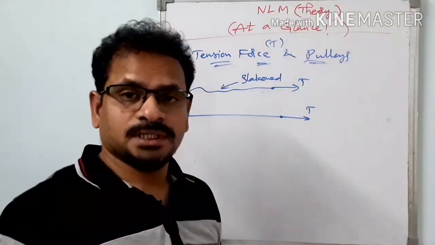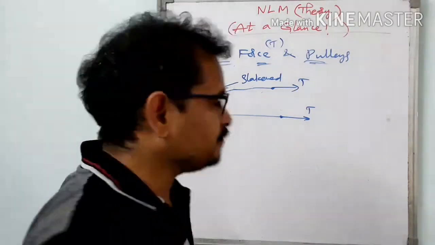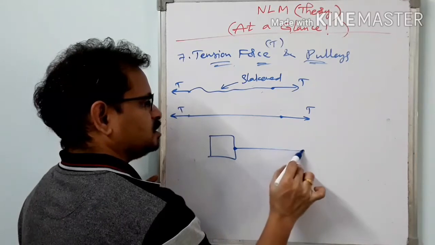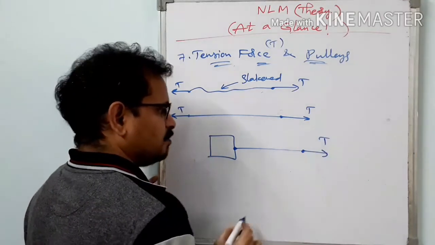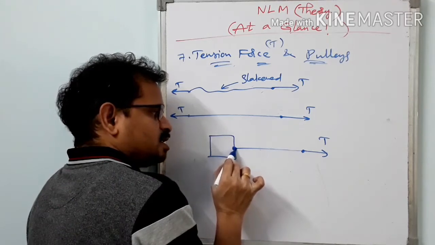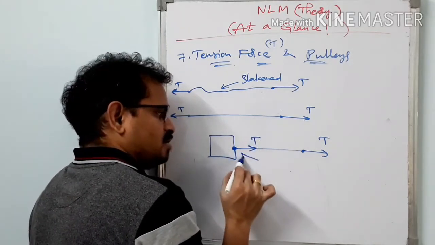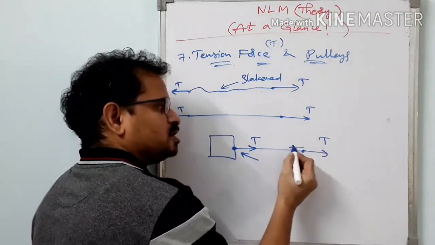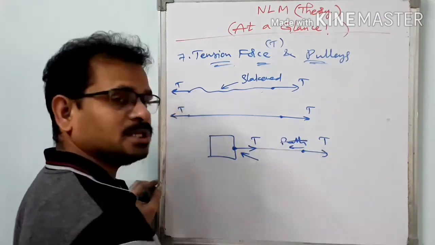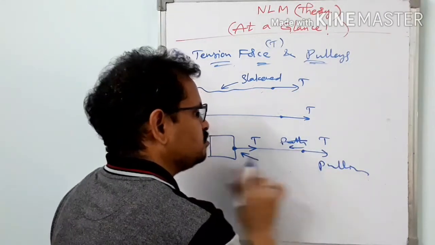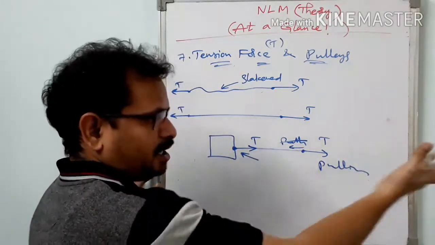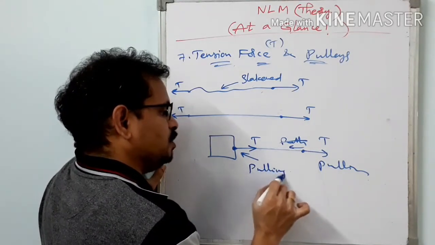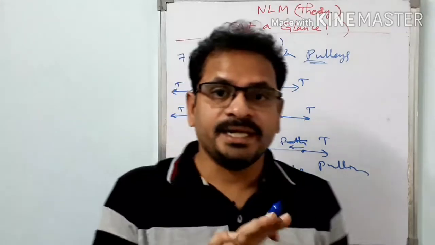So tension is a force that keeps the string in stretched form. And not only that, tension force can only pull a body. Suppose an external force is applied here, the tension acting on this block will be in this direction. This force is pulling this block in this direction. It cannot push it. If we try to push in this direction, is it possible? No, it is not possible. We can only pull. This block is pulled rightwards. So tension force is only a pulling force. It can only pull bodies but can never push a body.